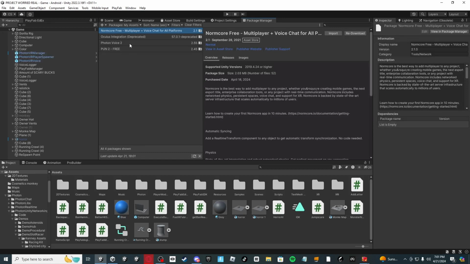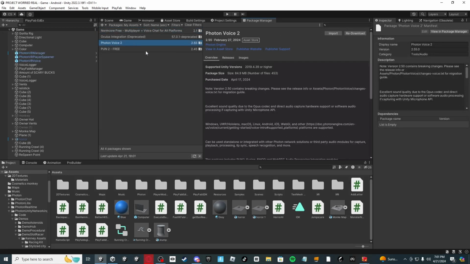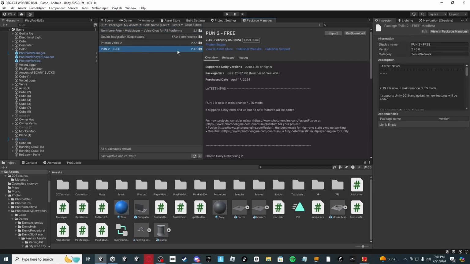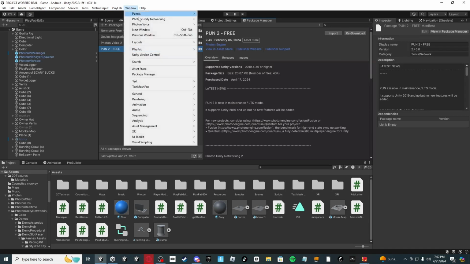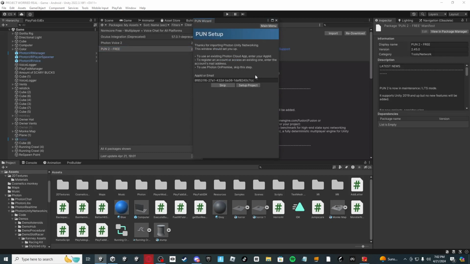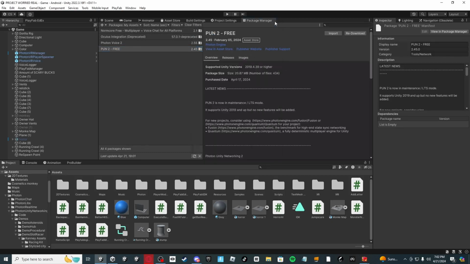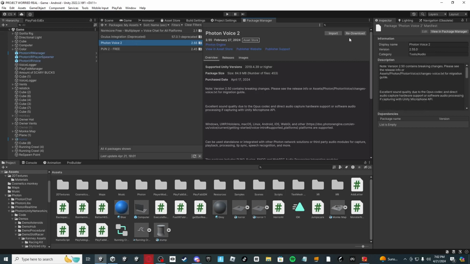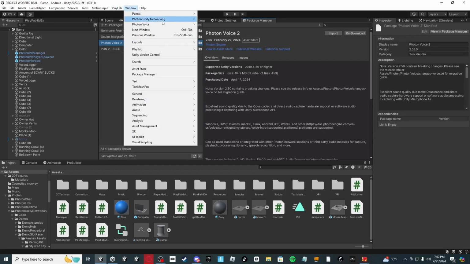Then go here where it says PUN 2 Free, click Import. If you get a pop-up, but it doesn't have anything in it, just close out of it for right now, and then import your Voice. And then once you've done that, click Window,